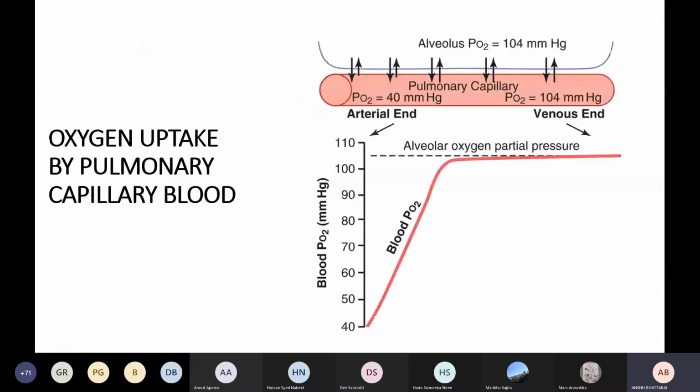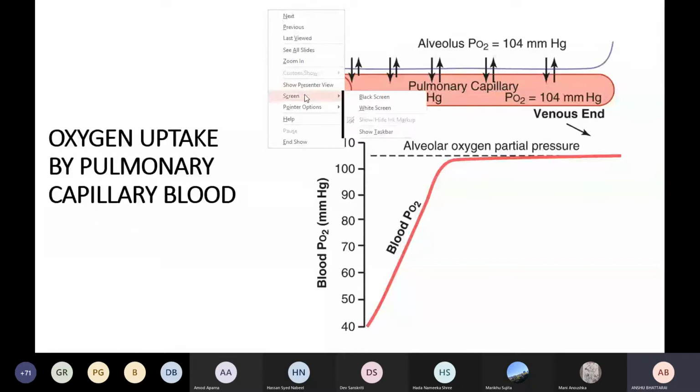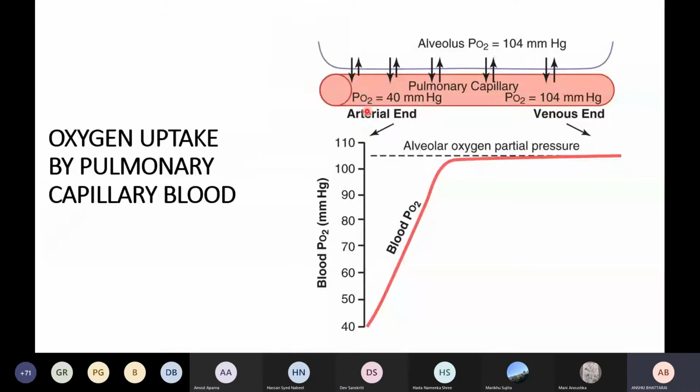So let us begin. Okay, so you have already studied about gas exchange, right? You know how gaseous exchange takes place, the alveolar gas and the pulmonary capillary, right? You know about the respiratory membrane and how diffusion takes place and all of that. Now, you also have to know how this oxygen that is exchanged via the respiratory membrane is transported to the whole of your body. How is it taken to different cells and tissues of the body? Okay, so let us start from the lungs.